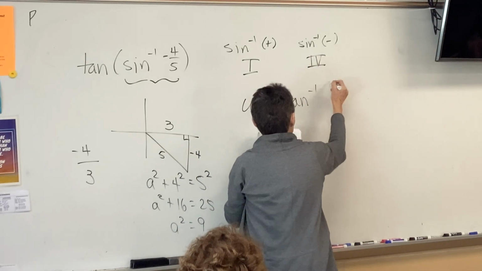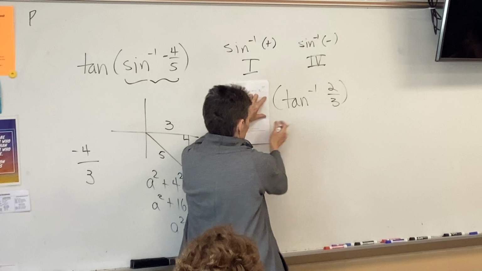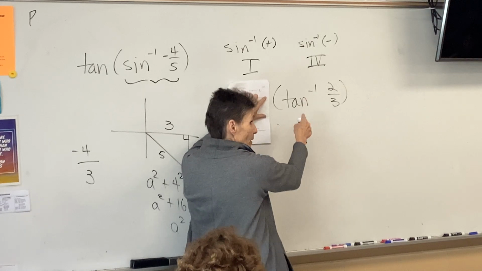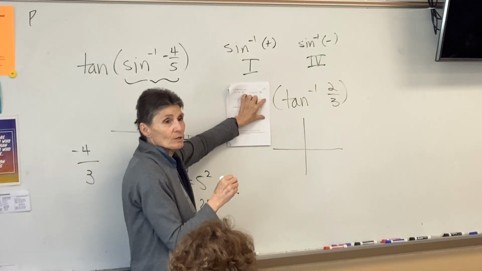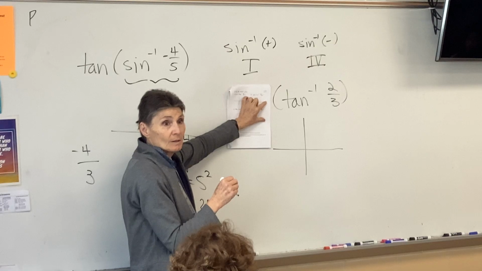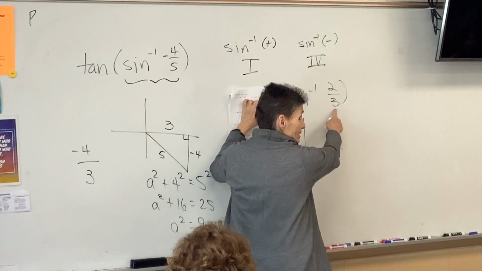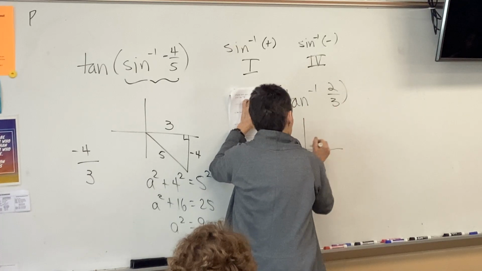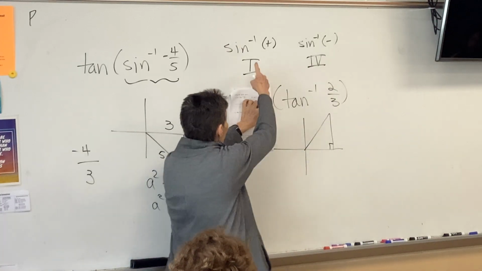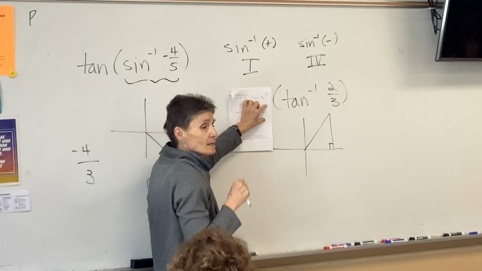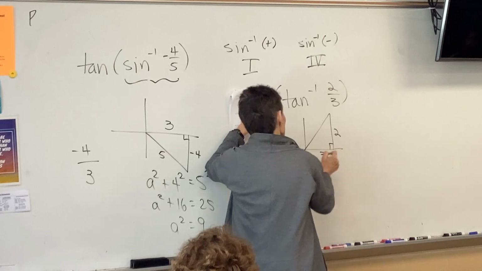All right, here's another one. What do I do first? Draw a picture of the parentheses. Which quadrant am I going to draw my picture in? Quadrant 1. Because what's the rule? If that number's positive, I don't care what this is. If that number's positive, I'm always going to draw it in quadrant 1. Whether it's sine, or tangent, or cosine, it's going to be in quadrant 1. Tangent is 2/3,